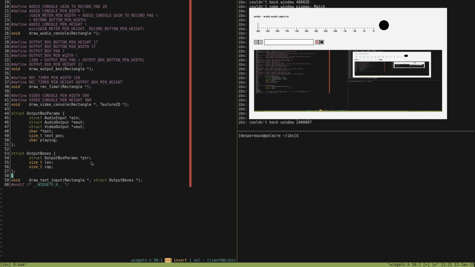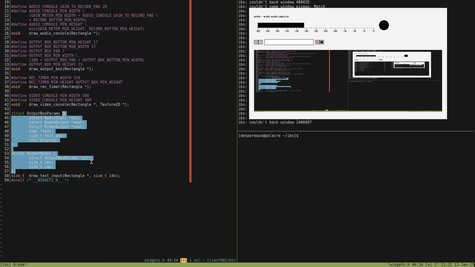I guess we can return what? Maybe we can just return how many there are so you can keep track of it. Because this will only be in the UI thread, and the UI thread's the one that owns how many there are. So we can rely on that number to be accurate. So I guess we could just do like this. What the fuck? Do like this. And then make all this stuff.